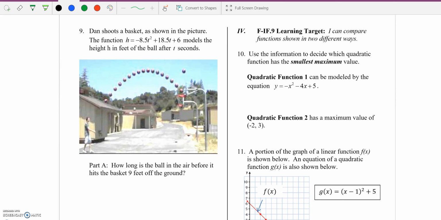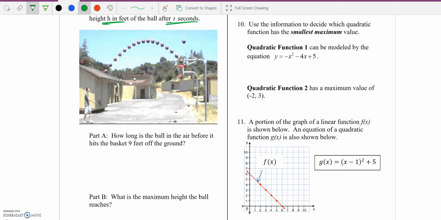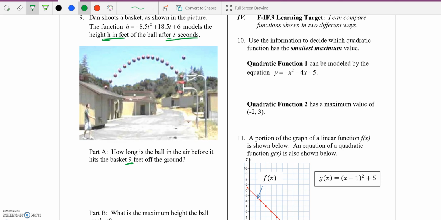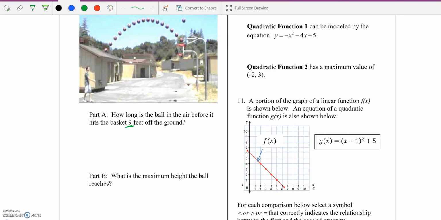Moving on to number 9. Dan shoots a basket as shown in the picture. The function h equals -8.5t squared plus 8.5t plus 6 models the height of the ball after t seconds. So for part A, how long is the ball in the air before it hits the basket 9 feet off the ground? Well, 9 feet is a height, and we're looking for how long the ball is in the air. That's a time. So if I go to my function, I'm going to replace my height with 9, so that I get 9 equals